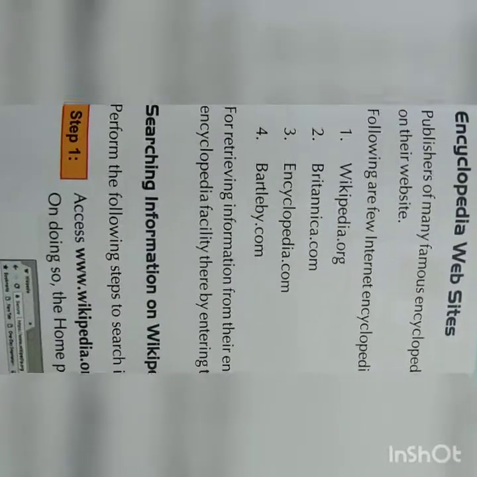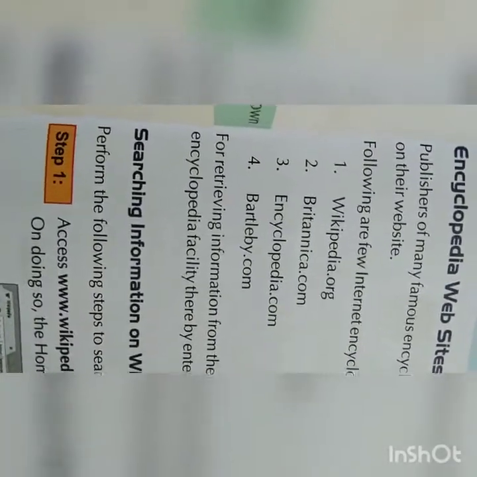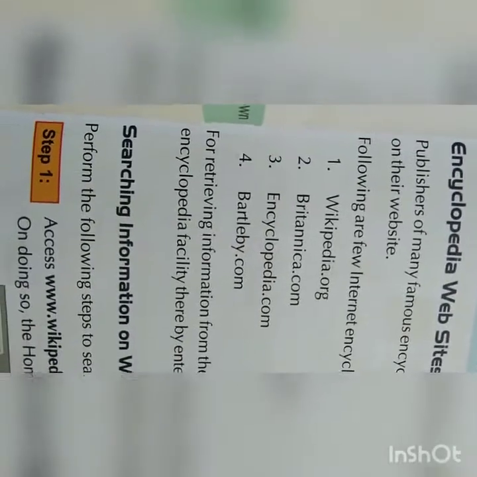You have to visit their website to find long detail, a large amount of information.